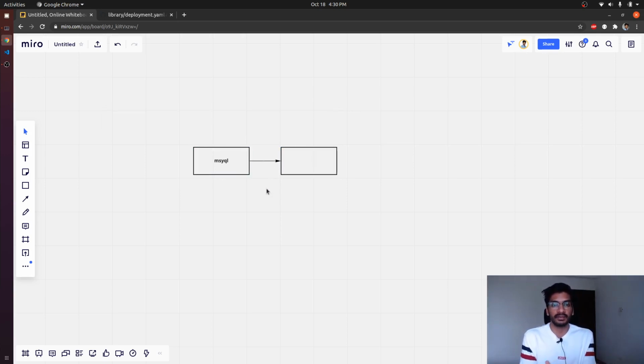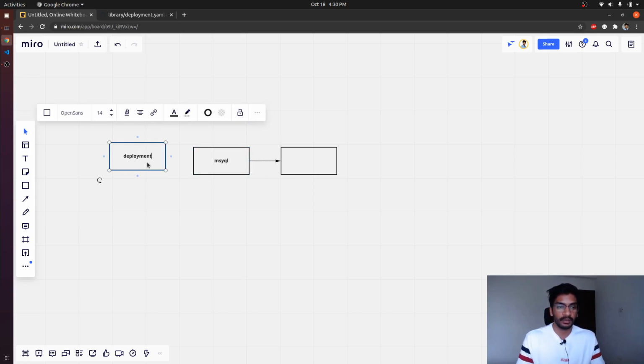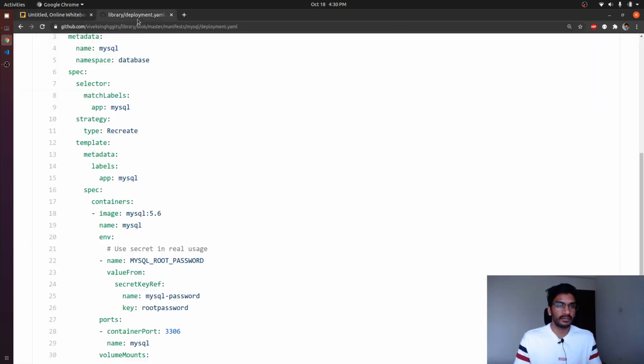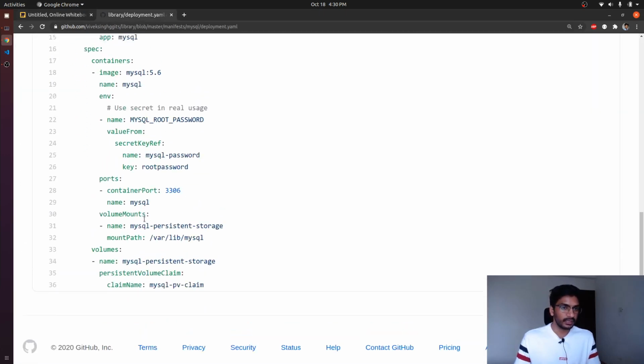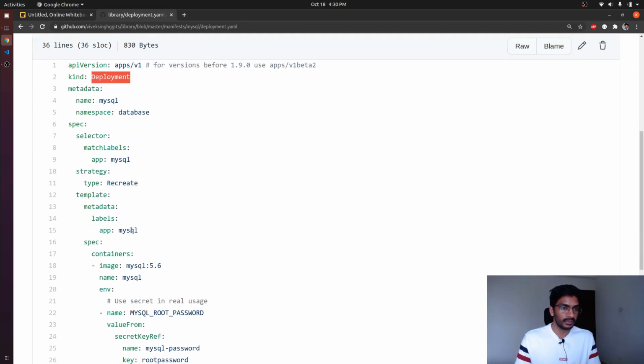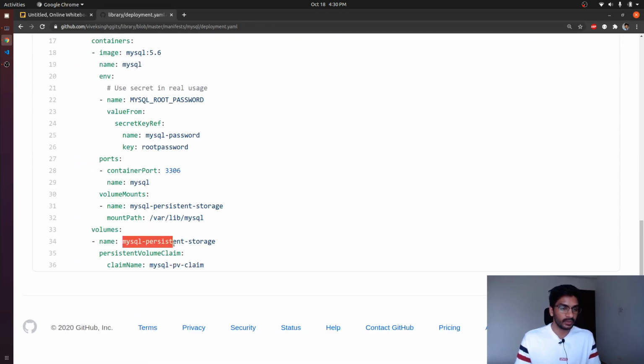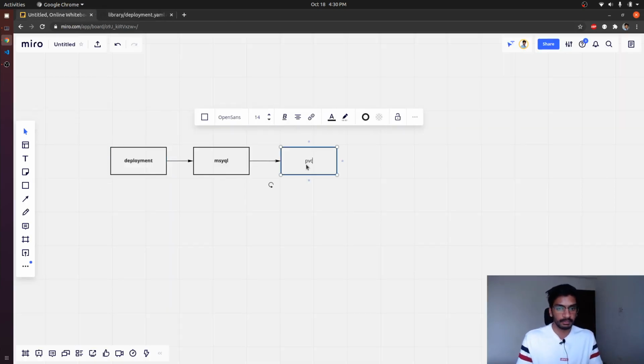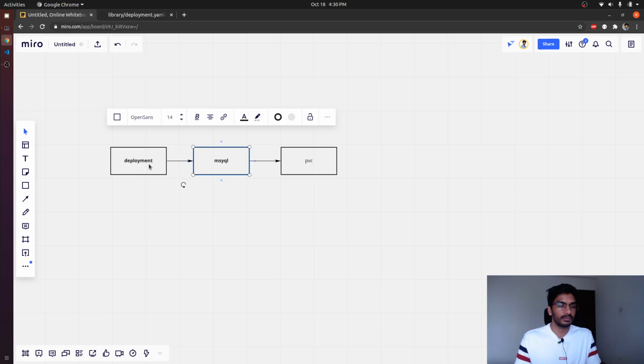you can use deployment very easily, right? Because if this particular MySQL instance or MySQL pod is being managed by a deployment, in that case we won't have any issue, because in deployment we can specify the PVC like we have seen in our previous examples. So in the manifest of the deployment, we can specify the volume or persistent volume claim, and that persistent volume claim would be referred from the pod that would be created from this deployment. But the problem arises when we